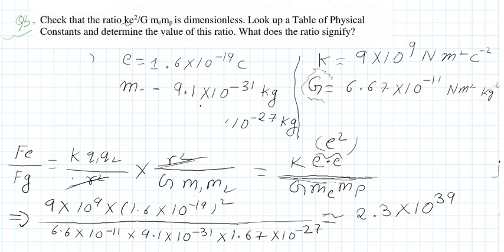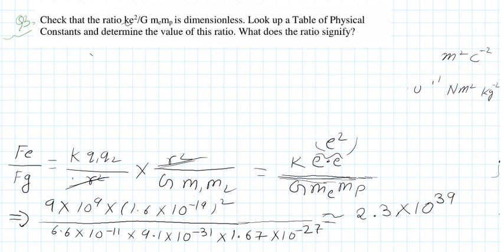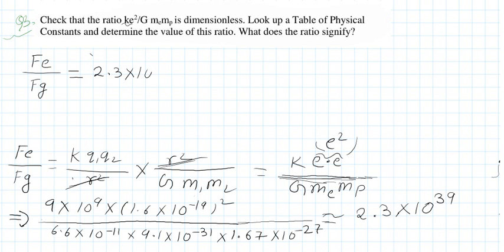So the ratio of electrostatic force to the gravitational force for this particular case is equal to 2.3 into 10 the power 39. तो ये डायमेंशनलेस क्वांटिटी है, इसका कोई यूनिट नहीं होगा क्योंकि ये रेशियो है, हमने सिर्फ रेशियो यहाँ पे लिया है, ये भी फोर्स है ये भी फोर्स है, तो दोनों को अगर डिवाइड करेंगे तो हमारा कोई भी डायमेंशन या यूनिट नहीं आएगी.